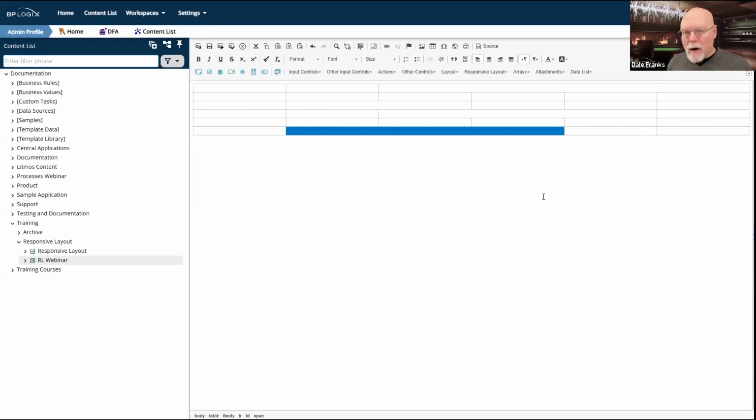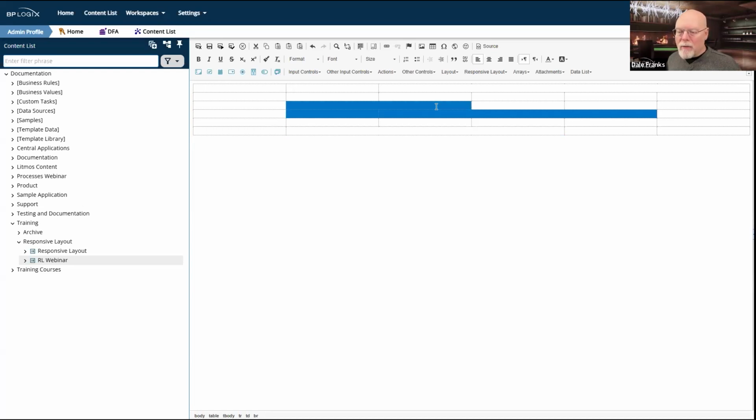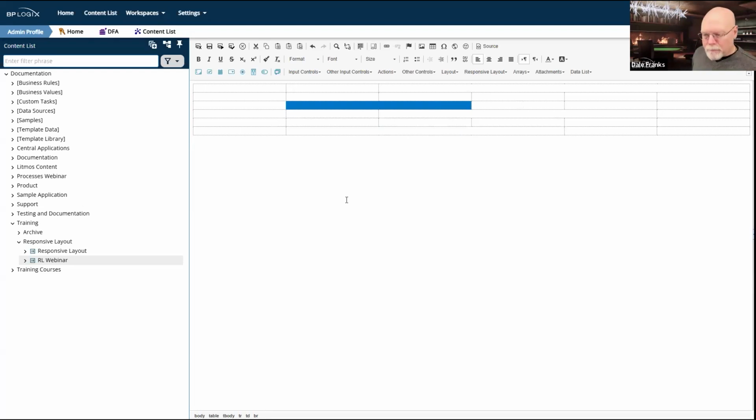But notice the column breaks are consistent all across the table. For example, I've got this vertical line right here. That is where the column break is. So up here where I've merged these 2 cells, that's great, but I still have column breaks here and here. Those column breaks are fixed.